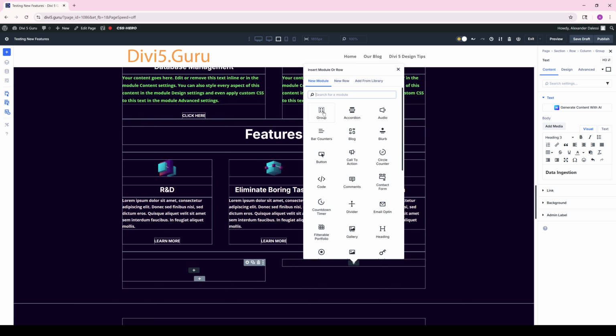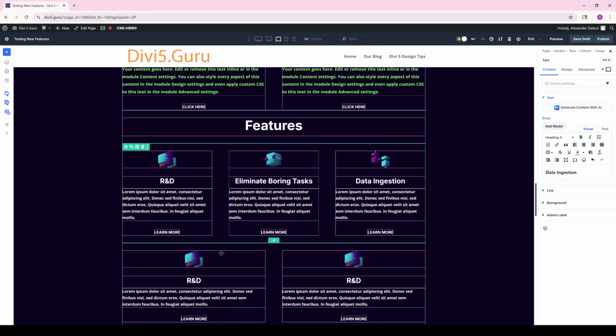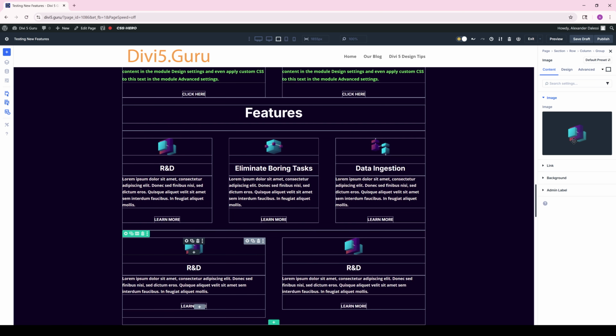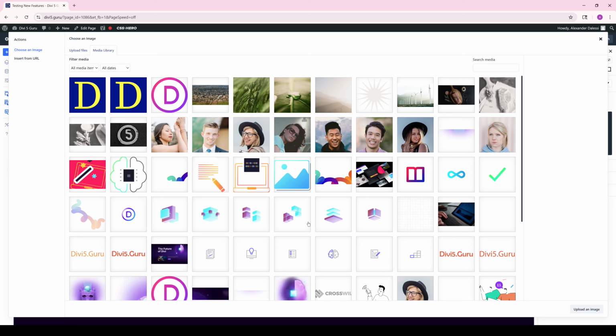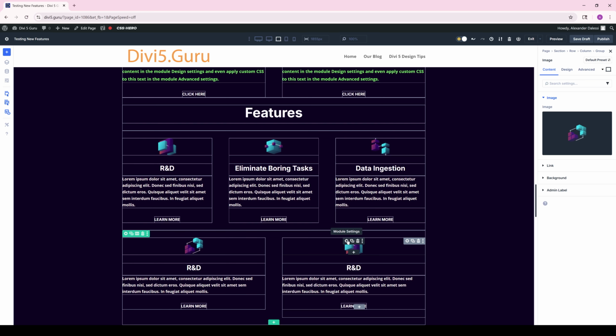Paste the group. Delete the one on top. Paste the group module. Delete the unused module at the top. Let's actually change the image. Something different. Let's try this. Change this image also to this